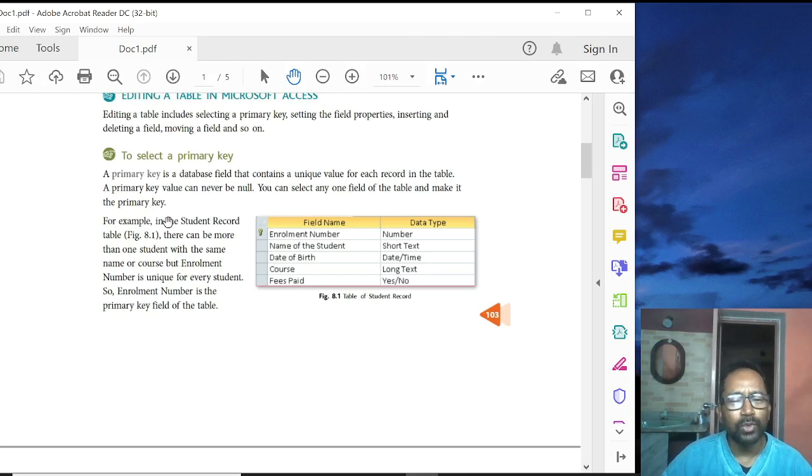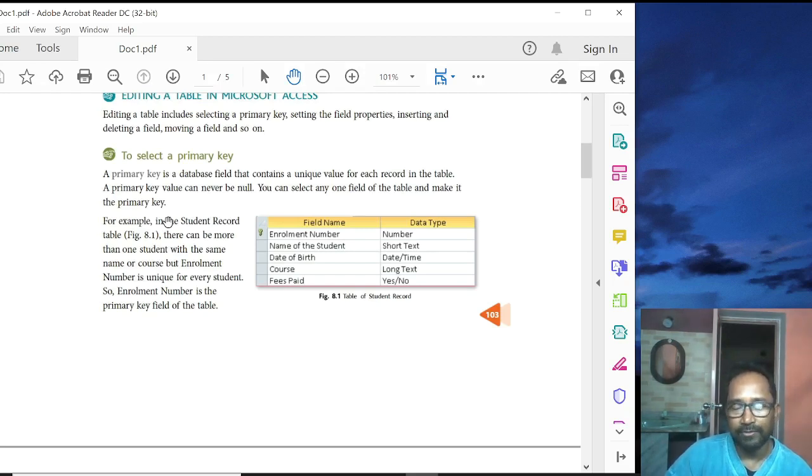In our school, many students are there. Few students are reading in 7, few in 10, few in 8. All the students' information can be stored in one table. Now, how to identify one record uniquely? Two students can have the same name. They can have the same roll number also, because roll number 1 is there in alpha section of 7A, in beta also, gamma also, delta also, even in class 8 also. So roll number cannot be unique.